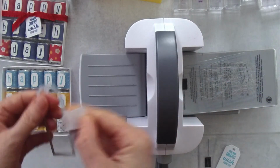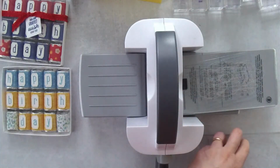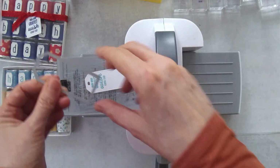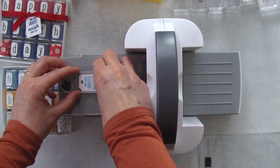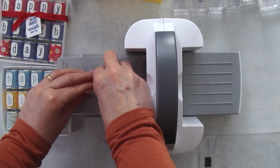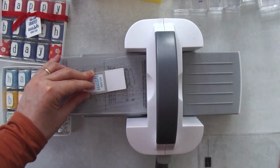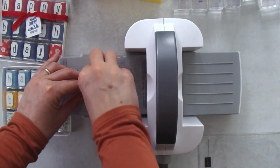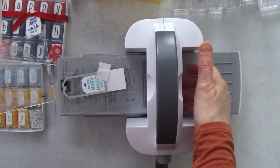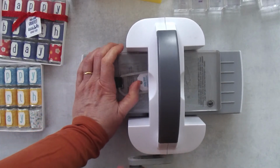So pop that out of the hole there. So to get the stitching, I'll bring that back over here. So we're going to go through with the tag with the bottom first. So I'm going to place this on my machine. I want to make sure the sides of my die match up with the sides of my tag. And then I'm going to pop that on there to make sure it stays in place. I've got it at a slight angle so that it goes through one corner first. And if you just go through, and just till it pops over top,